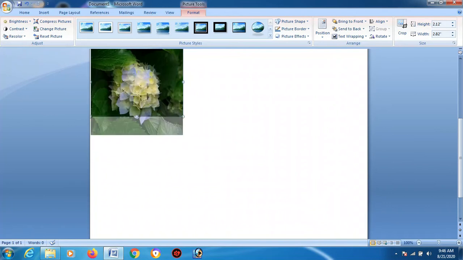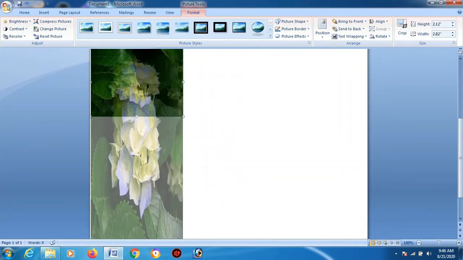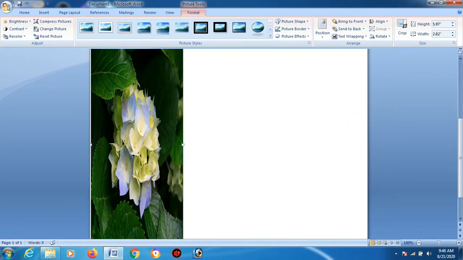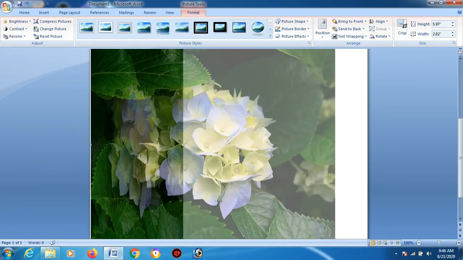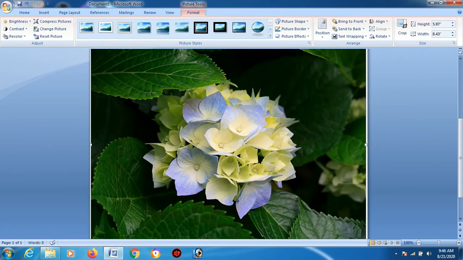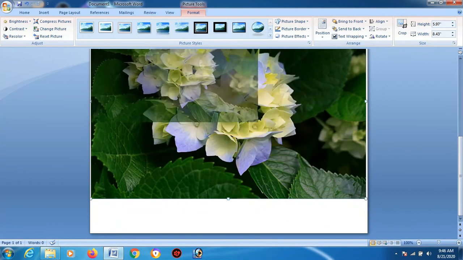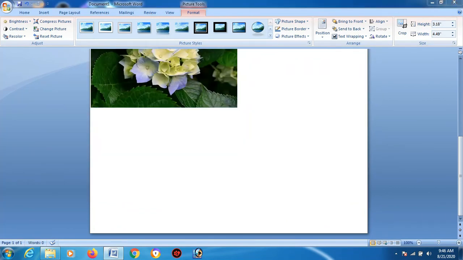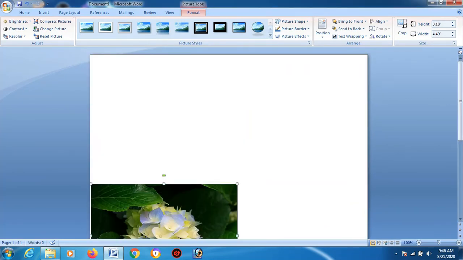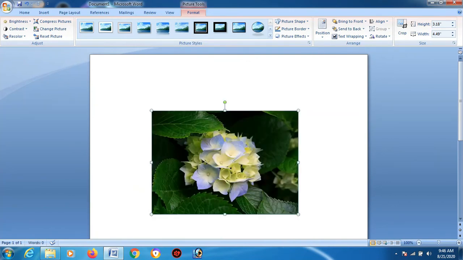From this way also you can do. See, drag and then drop. This side also let's do it, drag and then drop. So I hope you understood how it's been done. So let's make it a bit smaller so that you can get the full visibility. Okay, now our picture is in the center of the page.